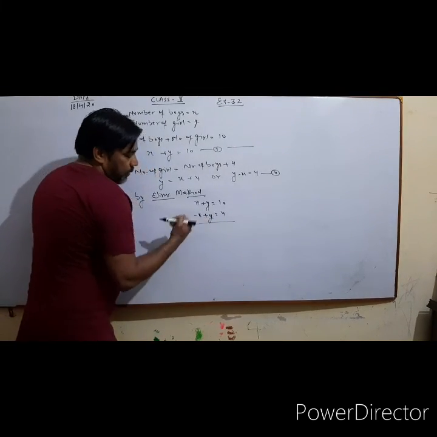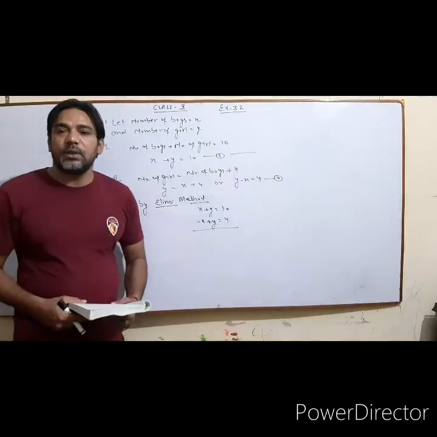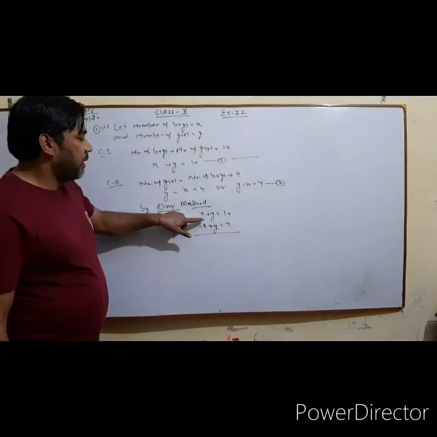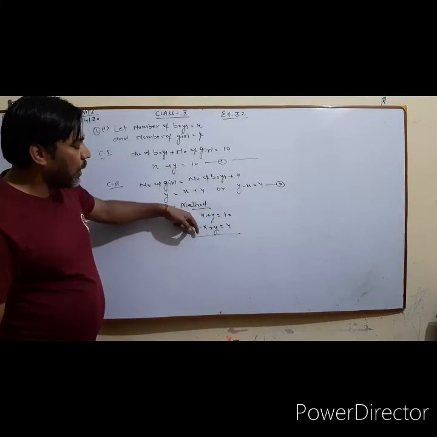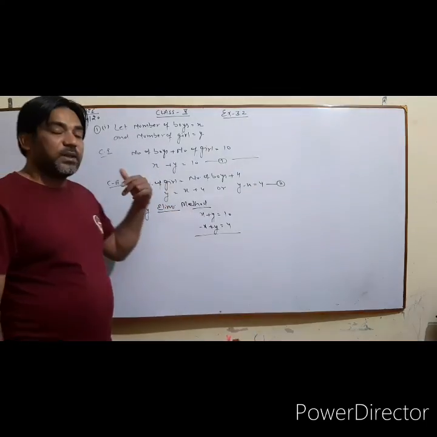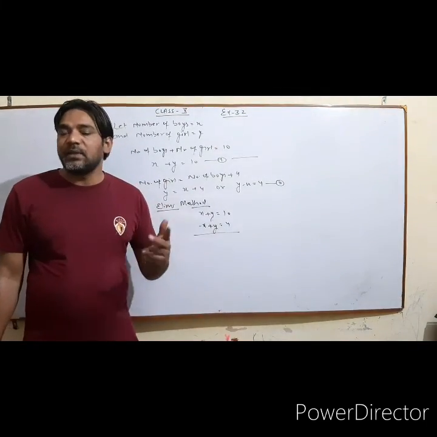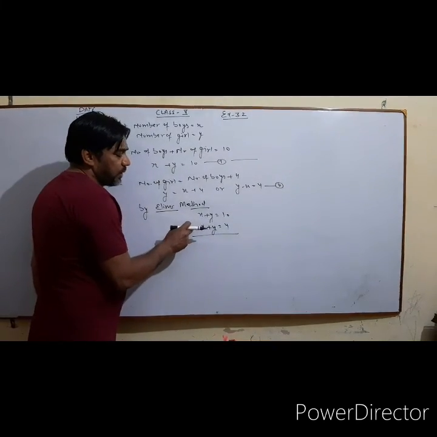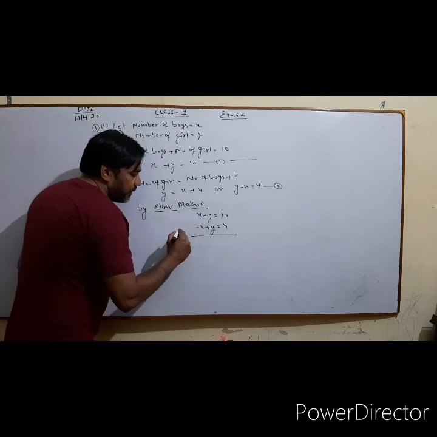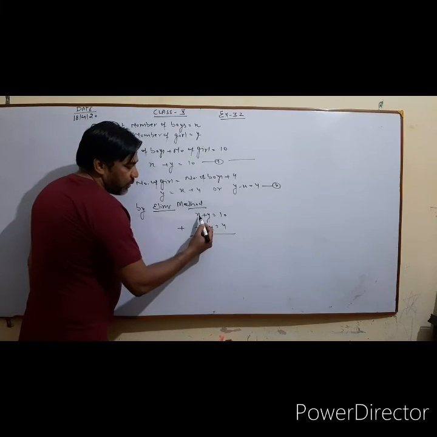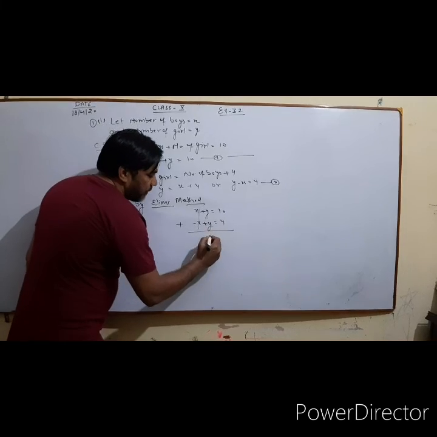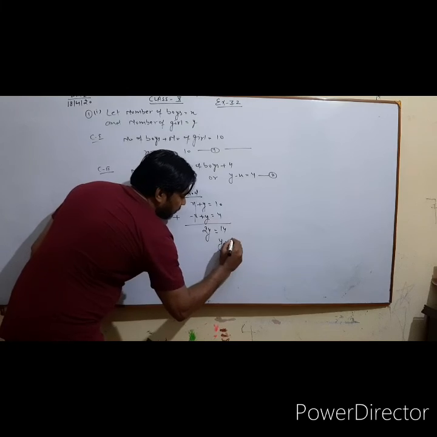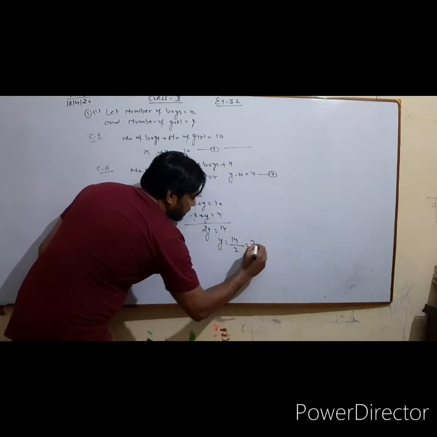Right? Now, what does the elimination method say? First, you have to check the coefficient of the variable. It must be the same, and then their sign. So if you check, the coefficient of x is 1 and here is 1 but having a minus sign. If the sign is different, then you have to add, and if the sign is same, then you have to subtract. So here the signs are different. एक value positive है, एक value negative है, तो we will simply add them. तो जब add करेंगे तो x और minus x can be cancelled, y plus y, 2y और 10 plus 4, 14. Then y is equal to 14 upon 2, that means 7.